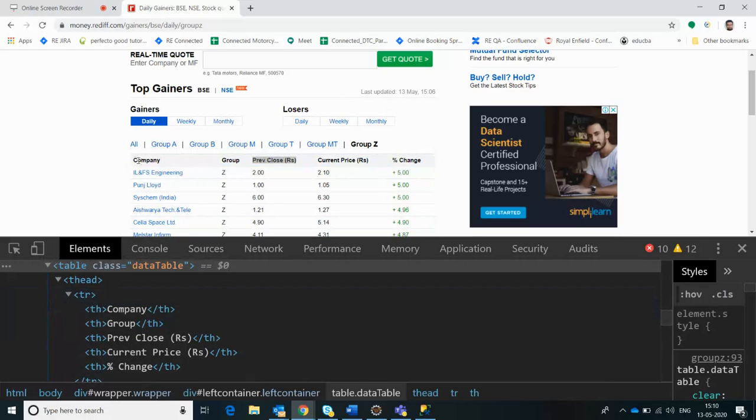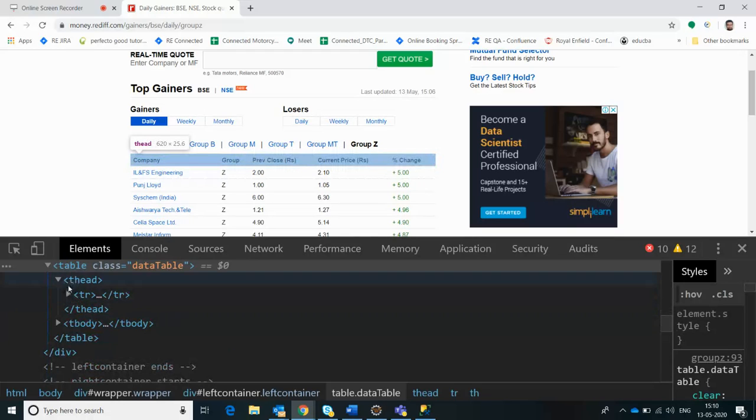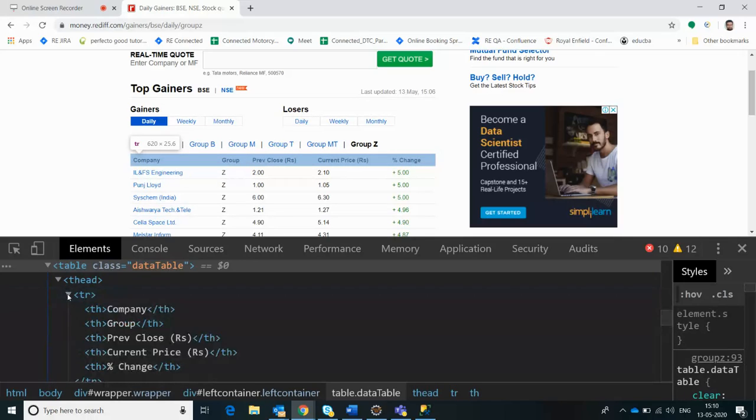This is also a row, the first row, but it has headers. This header has only one row: company, group, previous close, current price, and percentage. So it has headers, TH: company, group, previous close, current price, and percentage. There are five headers for this table, right?